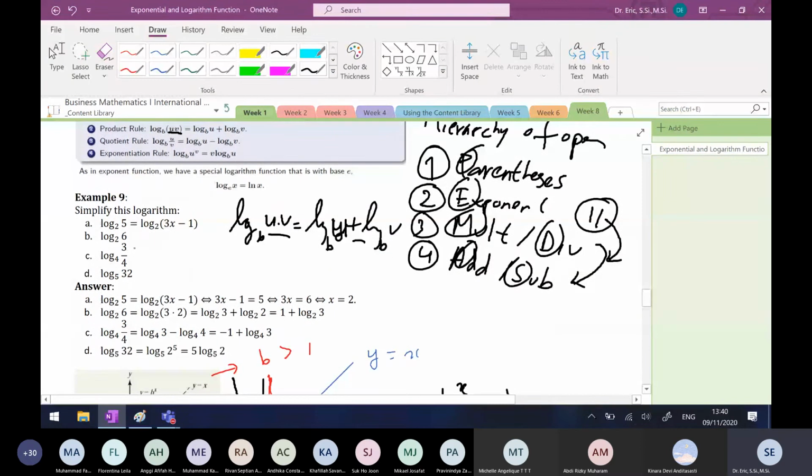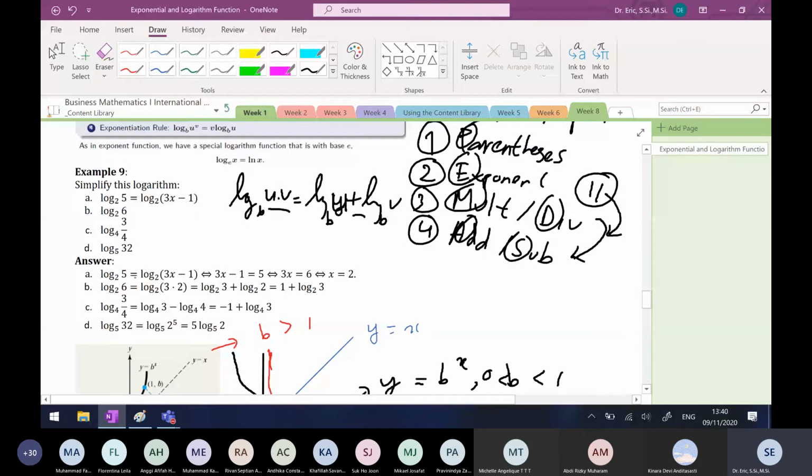Students usually get these mixed up, sometimes. So I have this one, logarithm 6. 6 is 3 times 2, so it simplifies things. It equals log 3 plus log 2 with the same base. But what is log 2 with the base 2? This is just 1. Don't forget, what is this? 2 to the power of what equals 2? 2 to the power of something equals 2. That is 1.